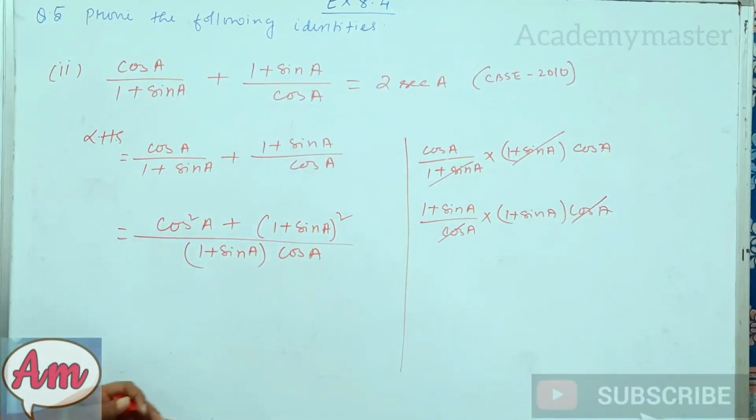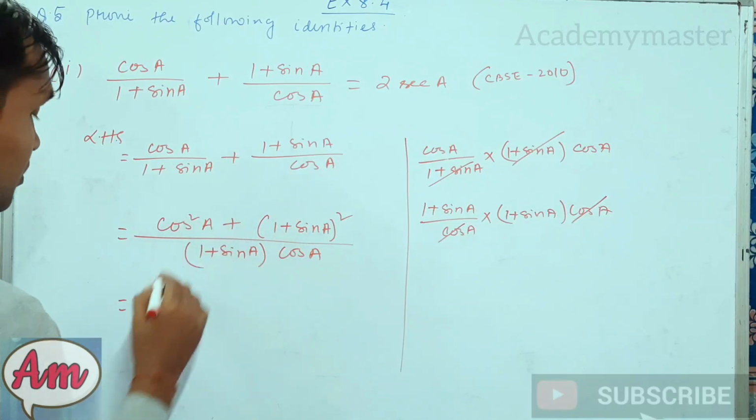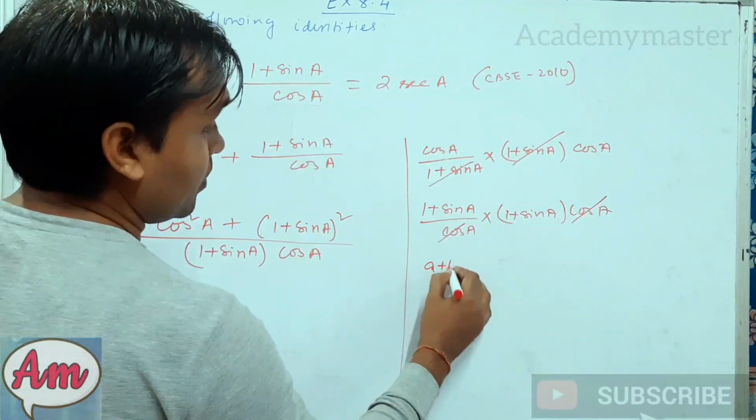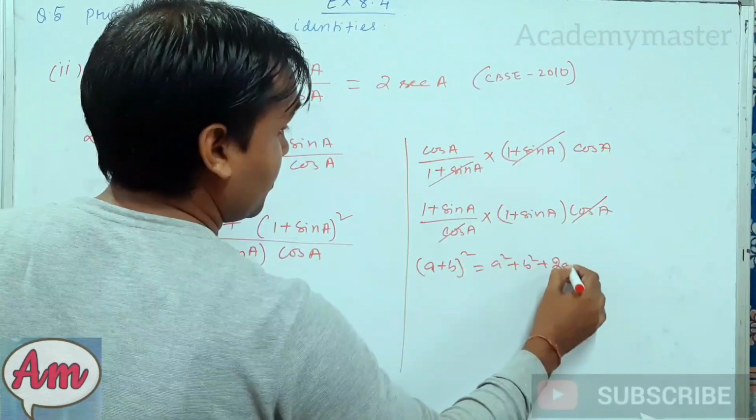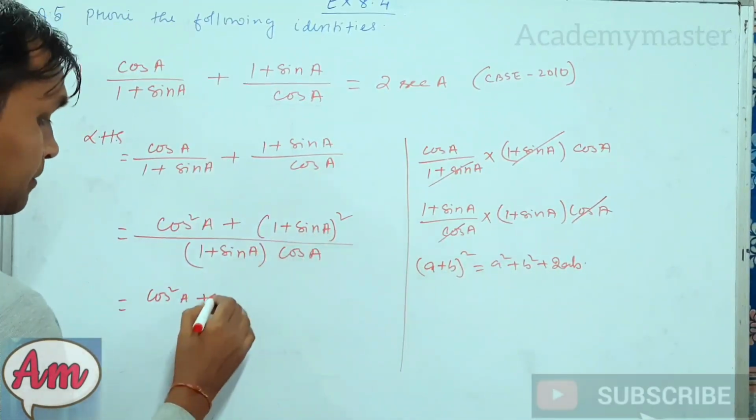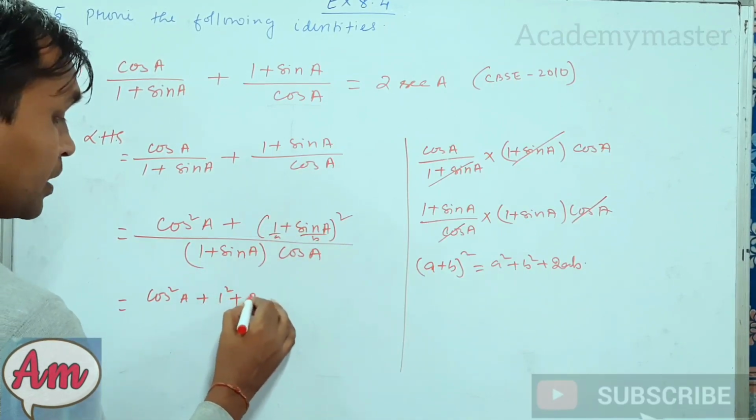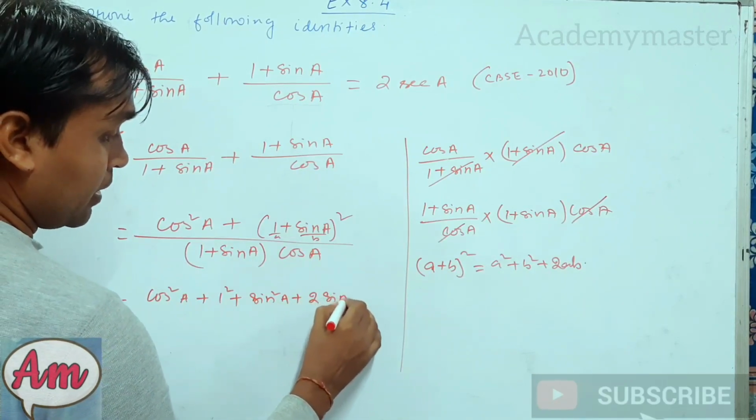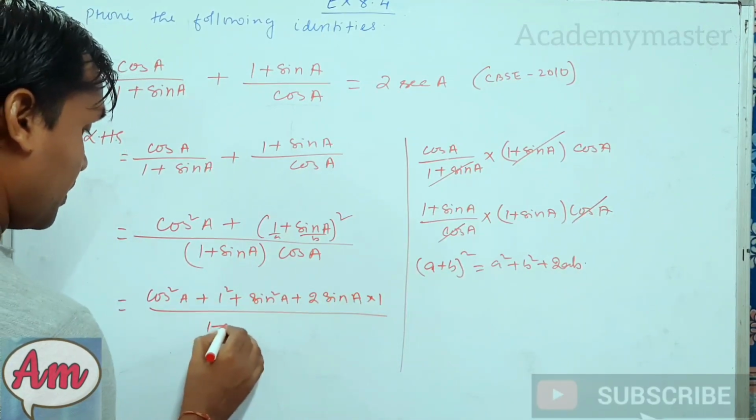Okay, dear students, hope all of you are understanding it. Next step, what you will be doing? You go for multiplications, go for splitting, applying the formula. What formula will we be using? A plus B the whole square, A square plus B square plus 2AB. We will be using this formula here. Our A is this and this is our B. So it will be 1 square plus sine square A plus 2 into sine A into 1 divided by 1 plus sine A